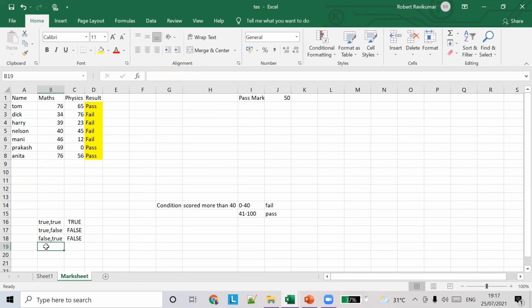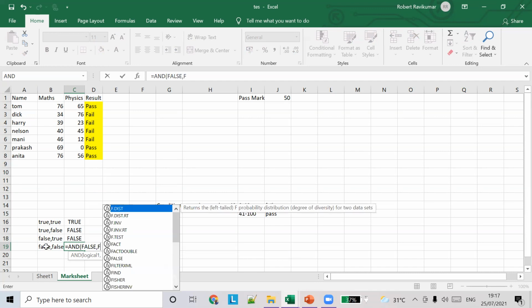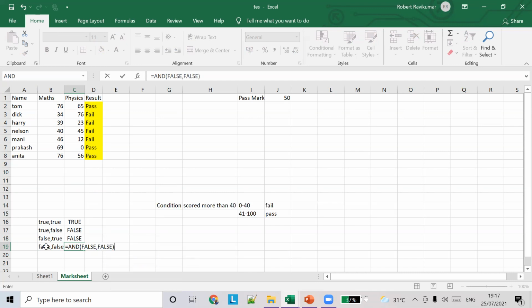And if it's both false, let's say false, comma, false, the and condition gives false. So now the result is false.